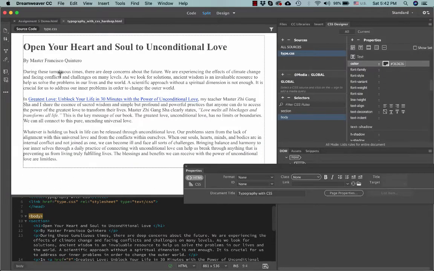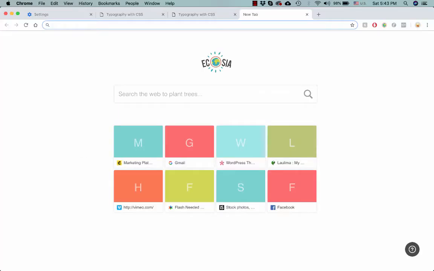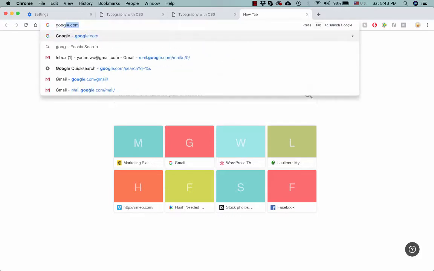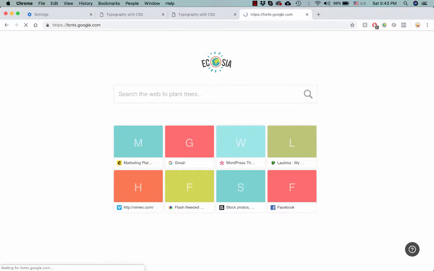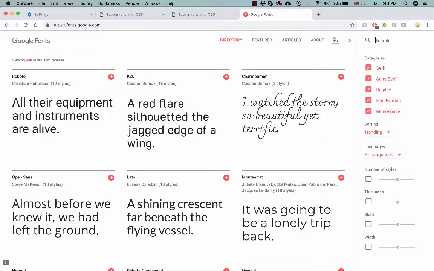Next, I will show you how to change all these fonts by looking at web fonts. A web font is a font that is not installed on the user's computer or on your computer, but it actually lives completely on the web. A very good source of web fonts is Google Fonts. So if you go to google.com/fonts, this is a library of free web fonts where you can find the fonts that you like, and instead